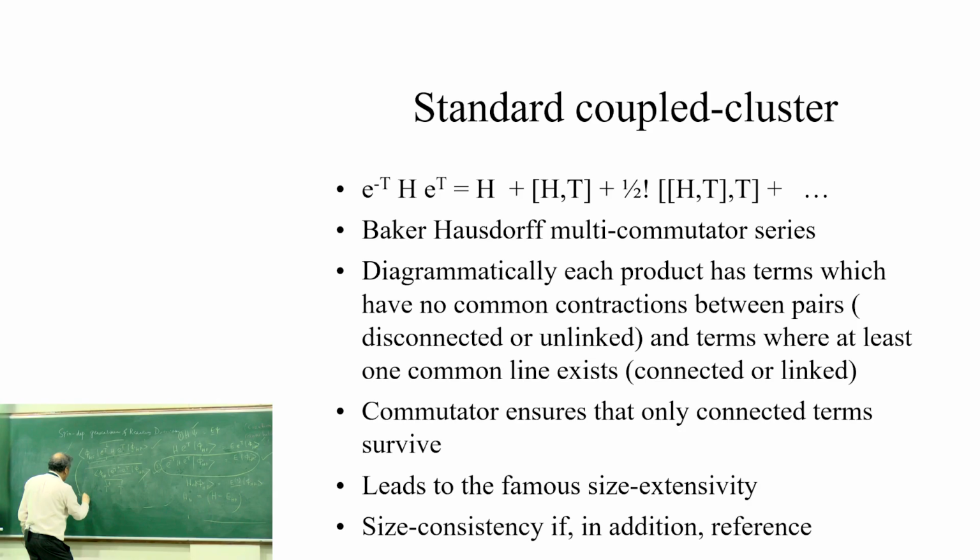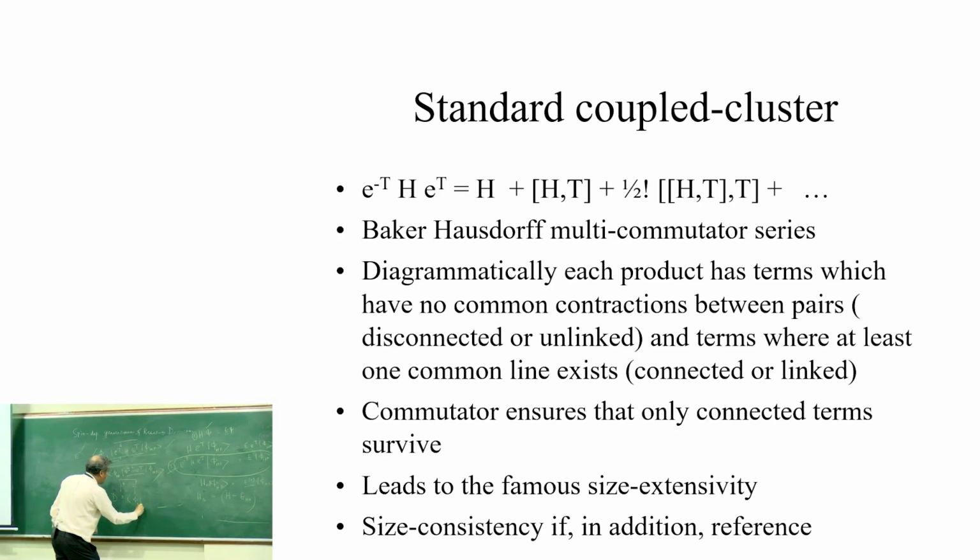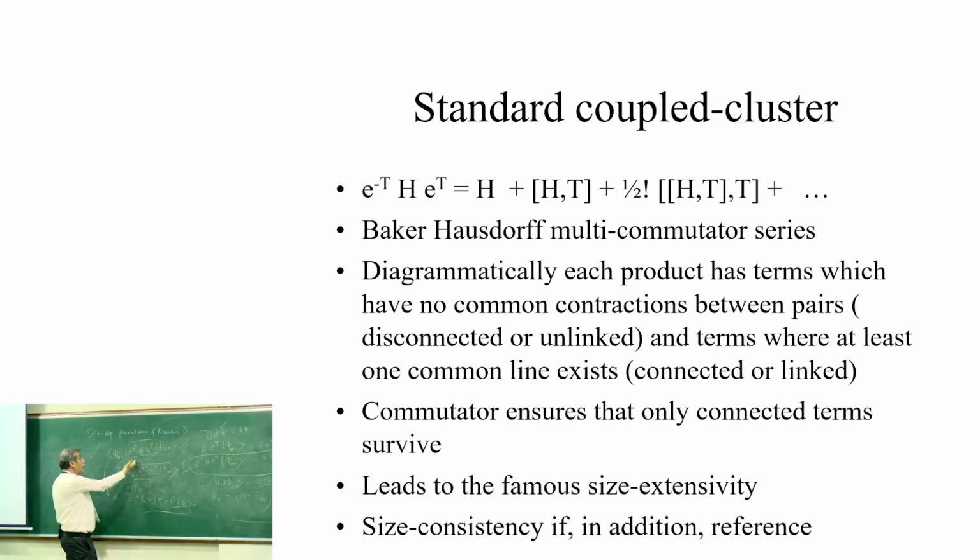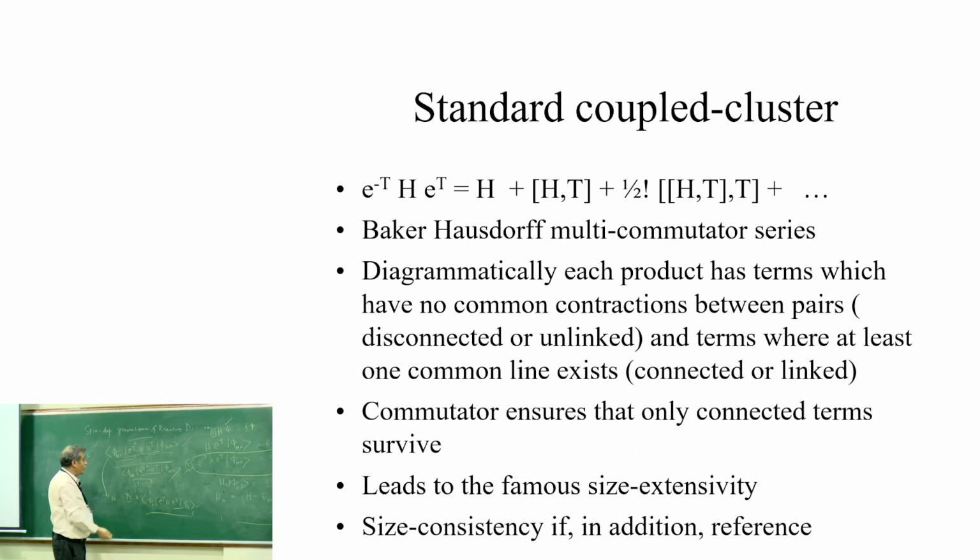So if I write the numerator, it is nothing but the denominator times a connected part of e to the T dagger H e to the T, but completely connected part. Though it is an infinite series, it is connected. But here there is no sense of connection also. I don't know if it is connected or not because there is no commutator. I can't write this as a commutator.